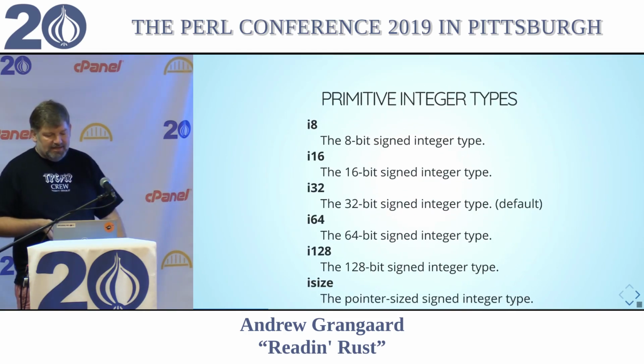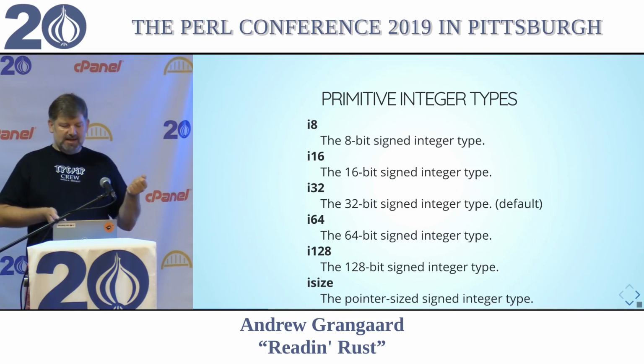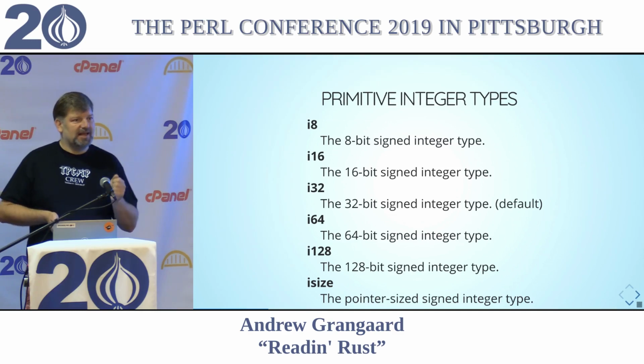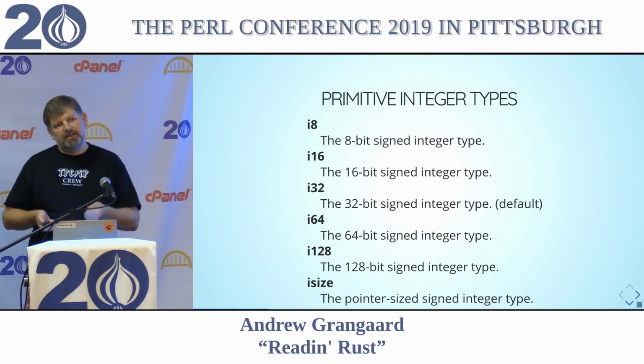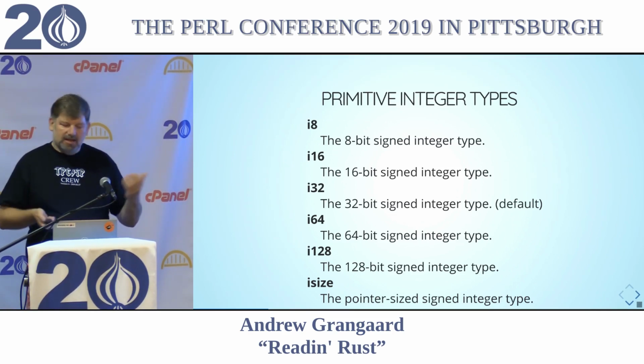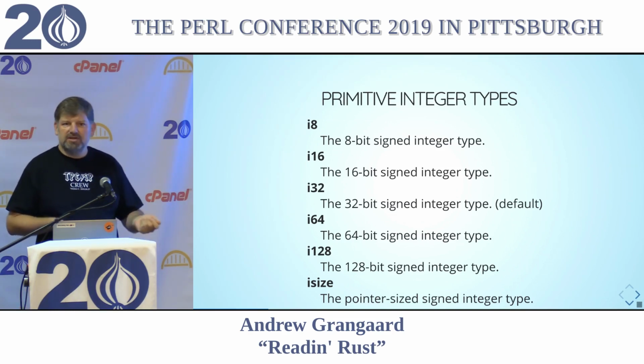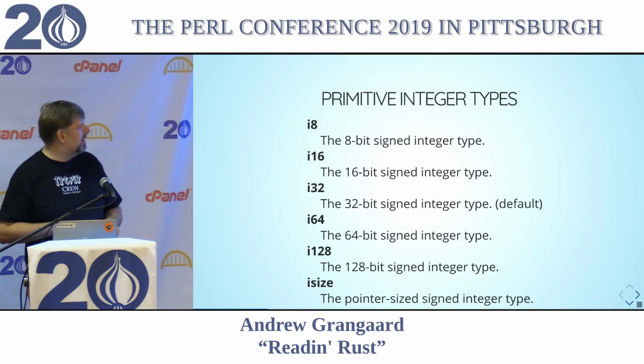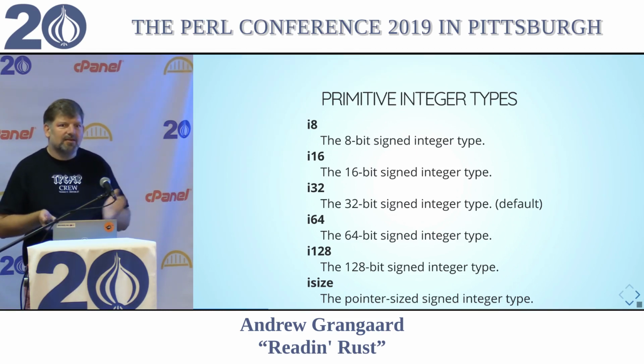And you have signed types and unsigned types of each of the sizes from 8, 16, 32, 64, and 128. Those are all explicitly that size. And then you have isize and usize, which are based on the platform you are compiling for. So if you're on a 32-bit platform, those will be 32 bits, 64, 64, 128. And also it comes up, that could be 16 or 8, because there's cross-compile targets down to embedded stuff, which is a really fun way to use Rust as well. A little tricky, because you don't necessarily get the whole standard library on an 8-bit microcontroller.